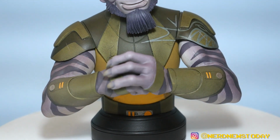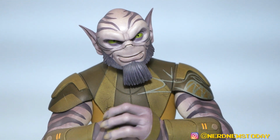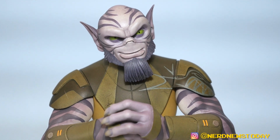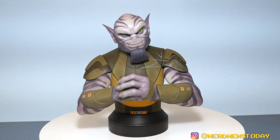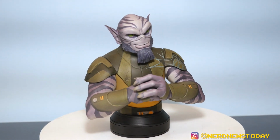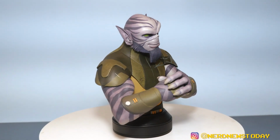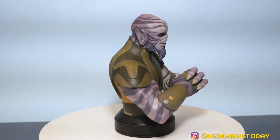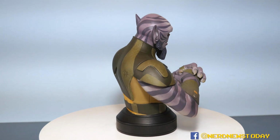Alright, and here is our Zeb statue out of the box and ready to go. Man, this thing is looking good. This is a sharp looking Zeb statue. So let's go ahead and give you guys a quick rotation as I give you my initial thoughts. And I have to admit, this is really sweet looking. You know, this was actually one I wasn't thinking was going to be that amazing, to be completely honest. I don't really know why, but to me it felt almost kind of plain in some ways. You know, this is a half bust, and it's just basically his arms and his upper body,